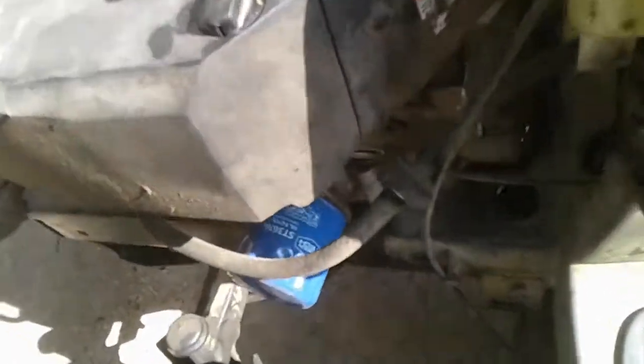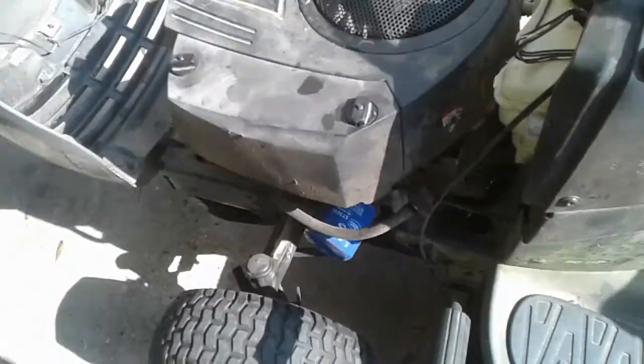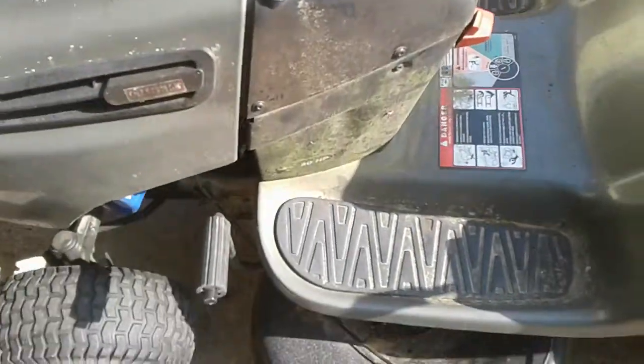Y'all can see right here, SuperTech ST3614, which I spoke about in a video I did called Budget Oil Change. And pretty much